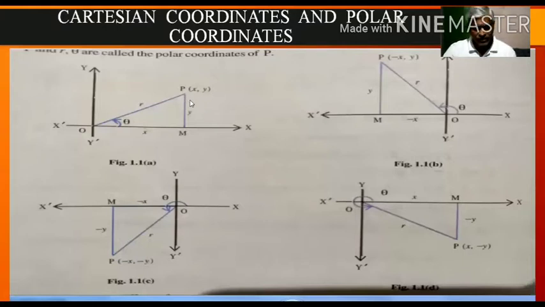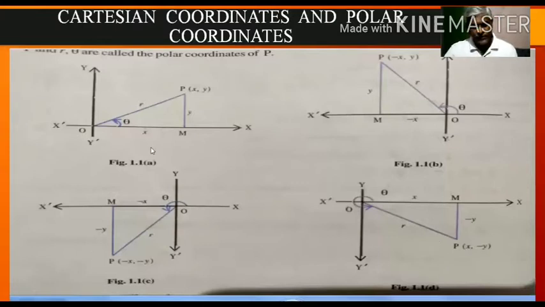If we represent the point P x, y in a coordinate plane, when x and y are both positive, that point belongs to first quadrant. If x is negative and y positive, that point belongs to second quadrant. If both x and y are negative, that point belongs to third quadrant. And if x positive, y negative, that point belongs to fourth quadrant. So depending on the